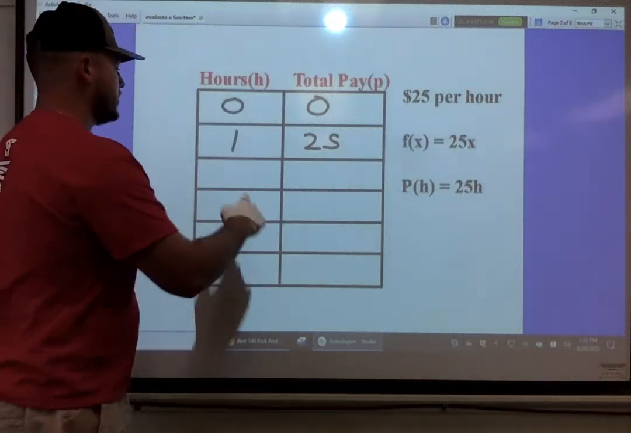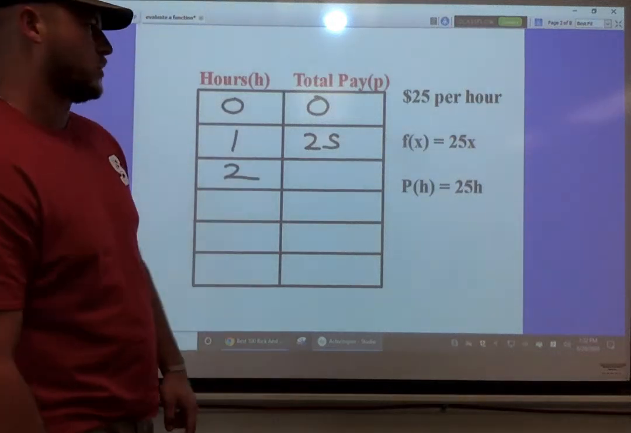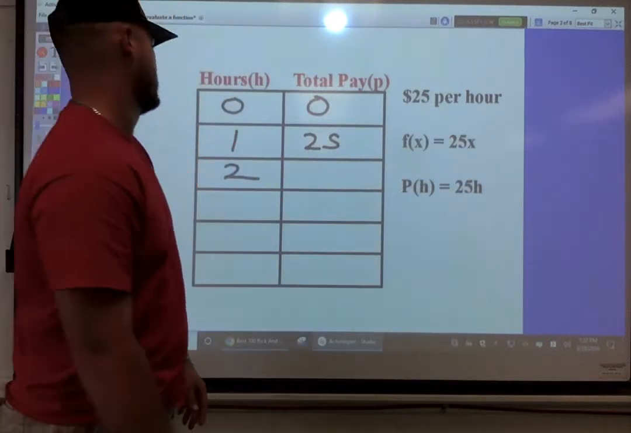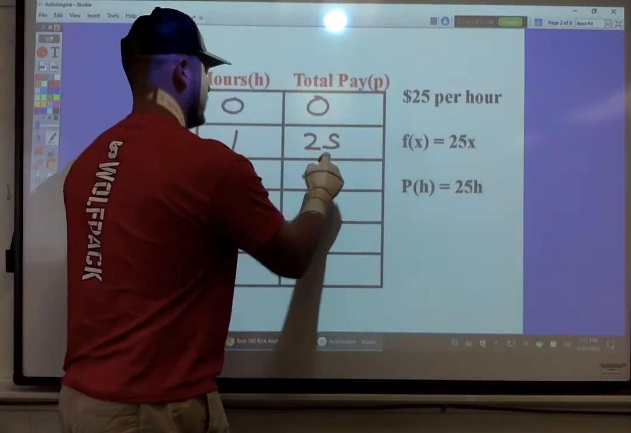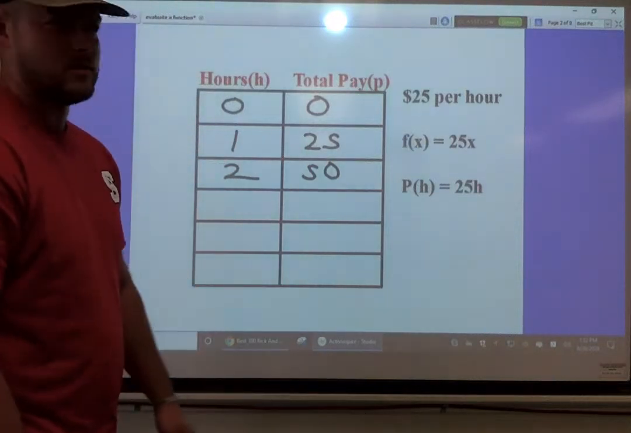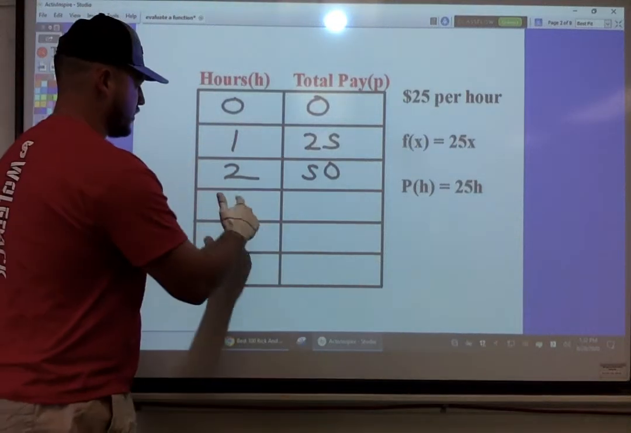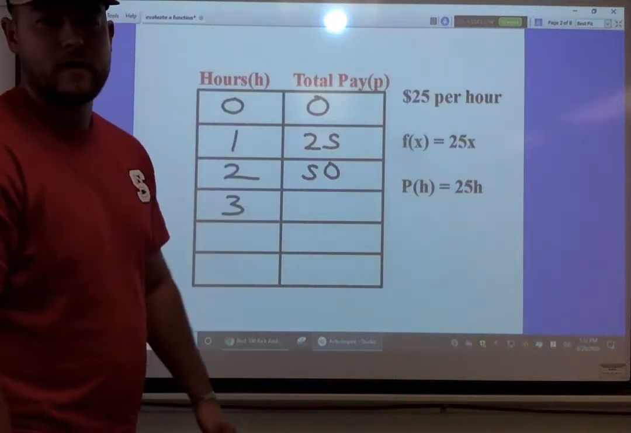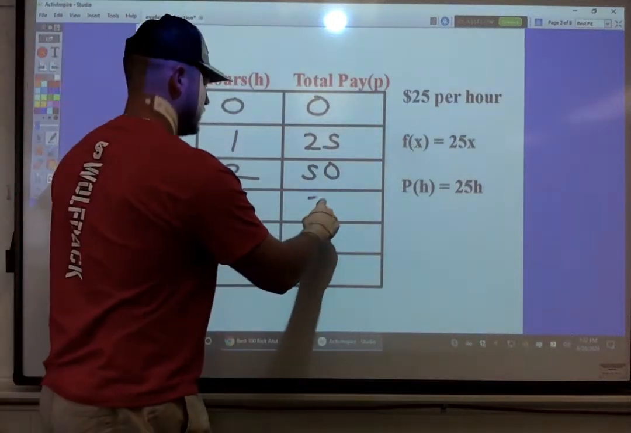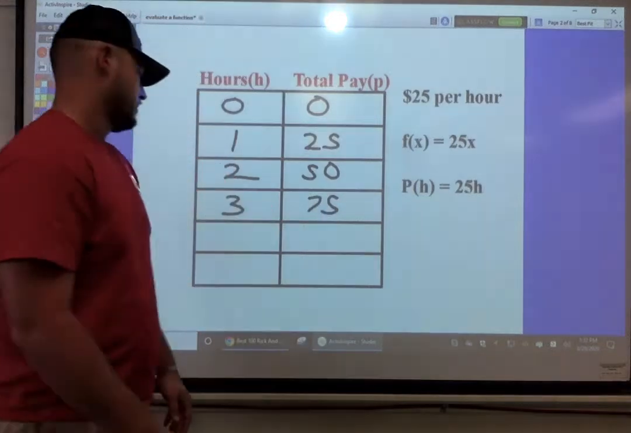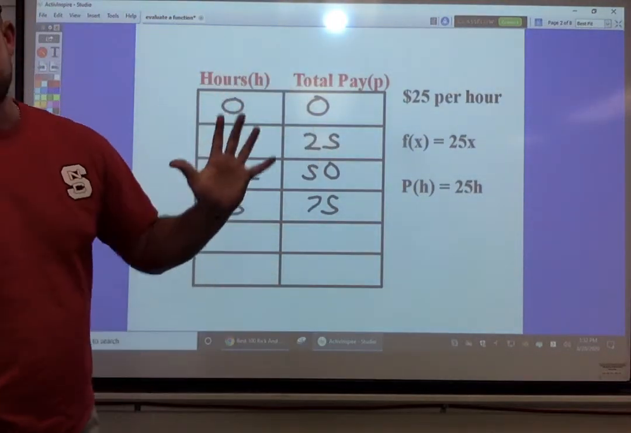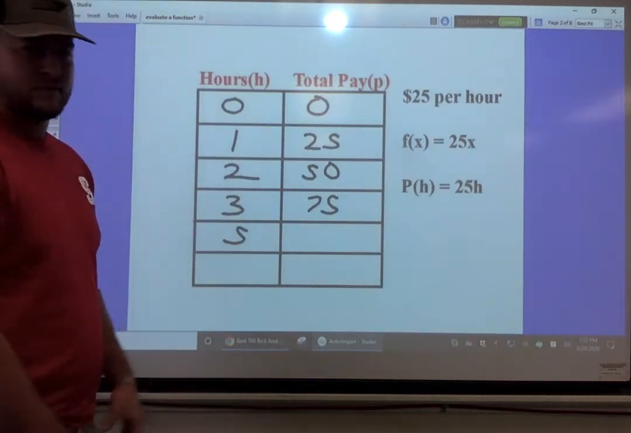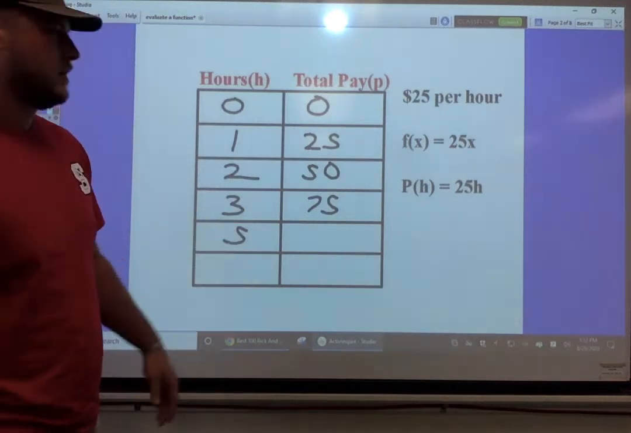If we work 2 hours, well, we're going to plug in 2 at x, or 2 for the h. 2 times 25, you guys know this, that'd be $50 in 2 hours. Well, if we work 3 hours, we probably can see our pattern here. 3 hours, 3 times 25, well, that's 75, right? We'll say now we're going to work 5 hours, right? So if we plugged in a 5, I know I skipped 4, but if we plug in 5, that is